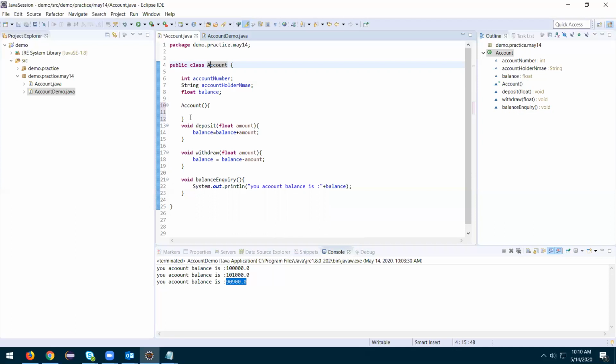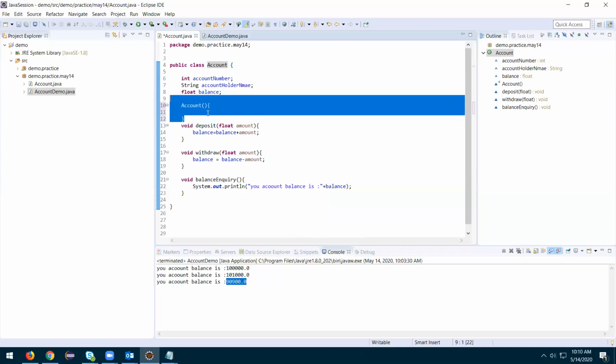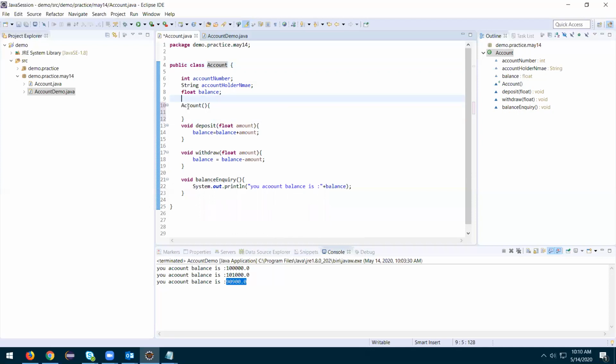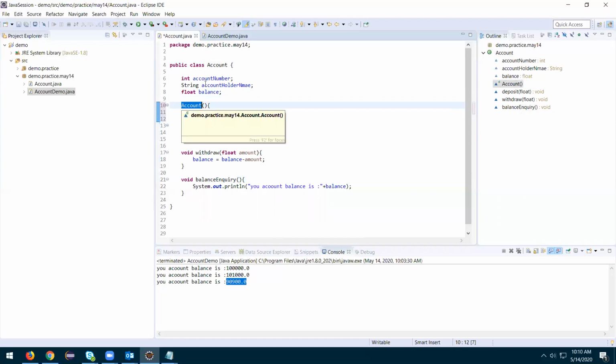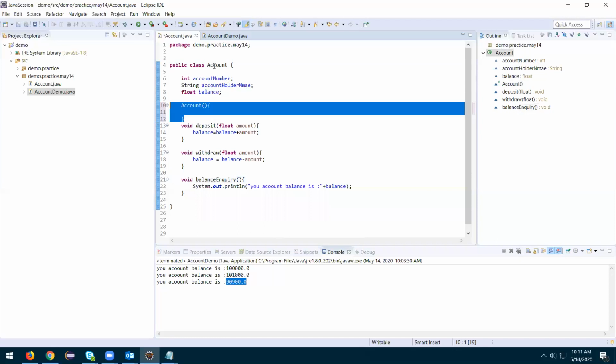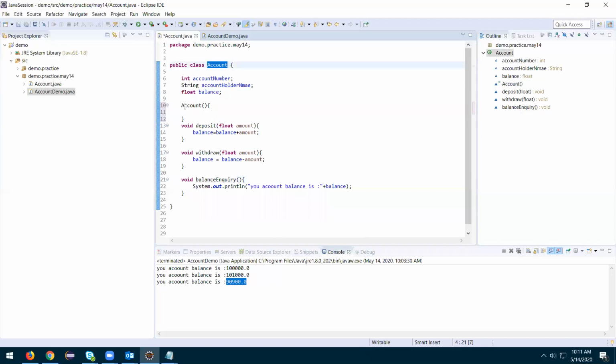The only exception is with the constructor. A constructor basically looks like a function, but the constructor name should be equal to the class name. That's why it starts with a capital letter. Okay, so here basically we can pass